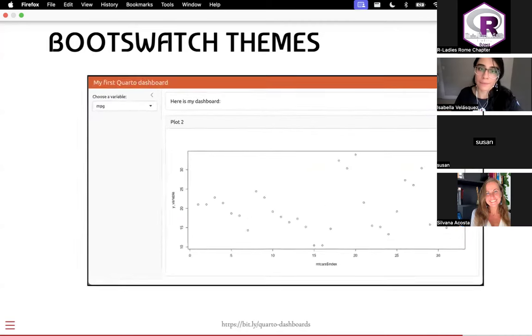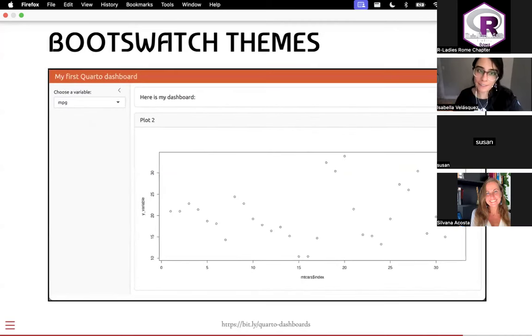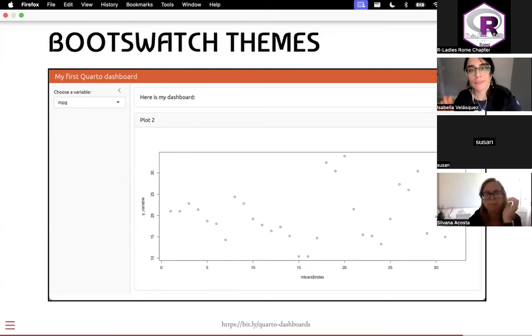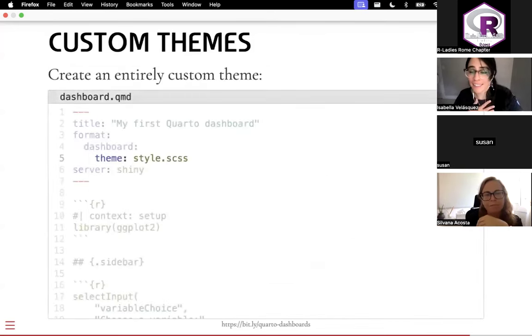Rendering that, we get a dashboard that is still the same Quarto dashboard with Shiny components as before, but now we have different colors and different text, and these Bootstrap themes are quite nice. If you're doing something quick and iterative, it's a good option for making it not look like your standard dashboard without spending too much time on customization. And I say this as someone who spends entirely too much time customizing all of my Quarto things,